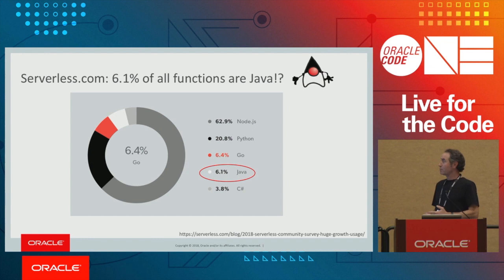Serverless.com has a couple of surveys, a couple of different numbers from them here. This is the more updated numbers from 2018. They had a number of 6.1. So you can see the center is focused on Go. The article was like, how is Go doing? But I turned the graphic and focused on the Java part. But Java is actually pretty close to Go. Go, in fact, has exceeded Java in their numbers in the last year.